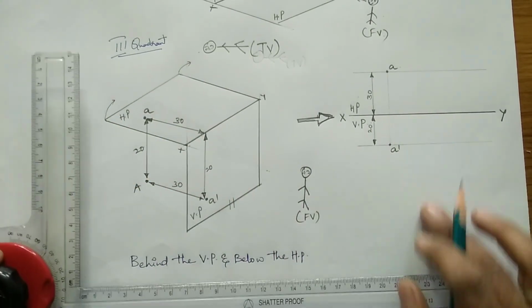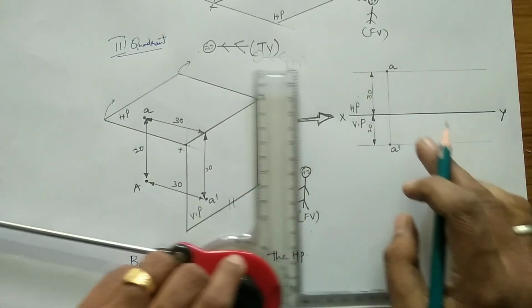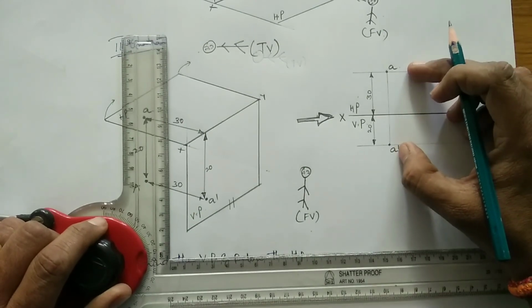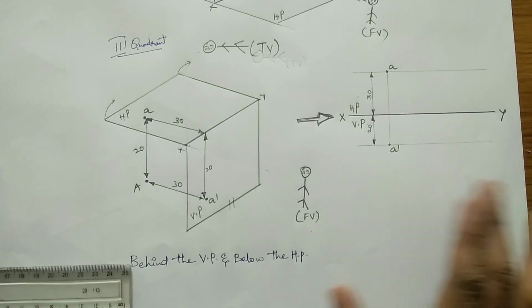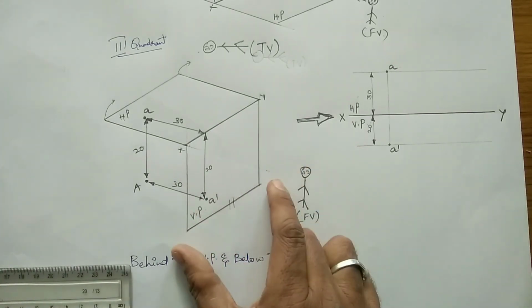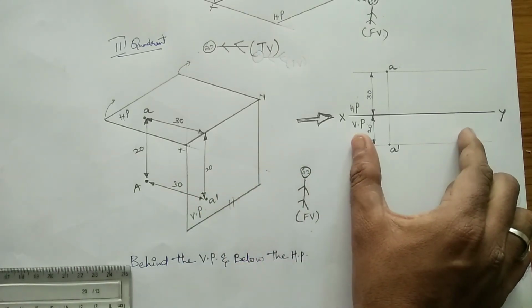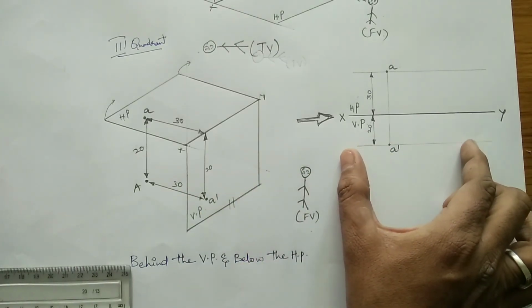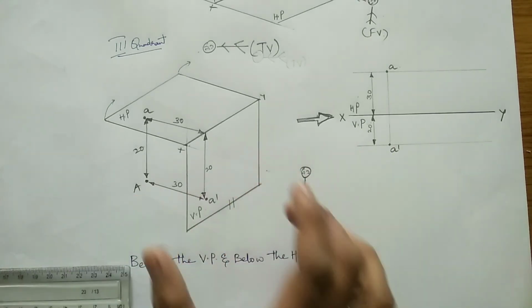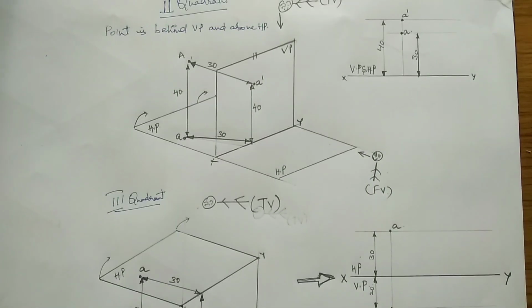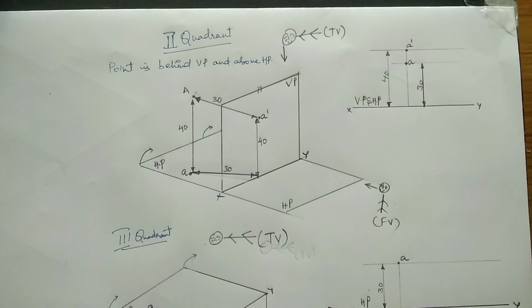Whatever projection lines we draw should be very light, and in the same manner that I am drawing, you have to draw this. Once again I will repeat, students, this is part of the concept for our understanding. But when you draw the projections, this is our answer. This is the part you need to draw in your drawing sheets, not this portion. This is for your understanding. Similarly, for the previous quadrants also, whatever I have explained to you, the same manner applies here.